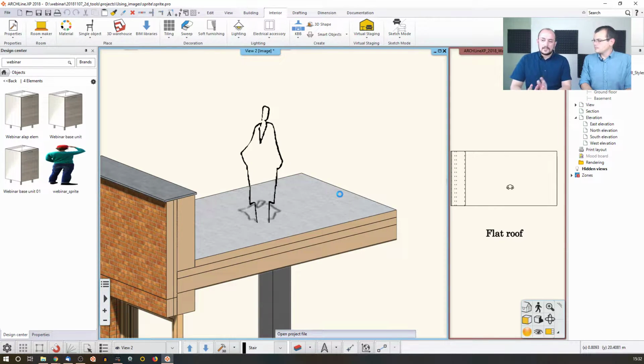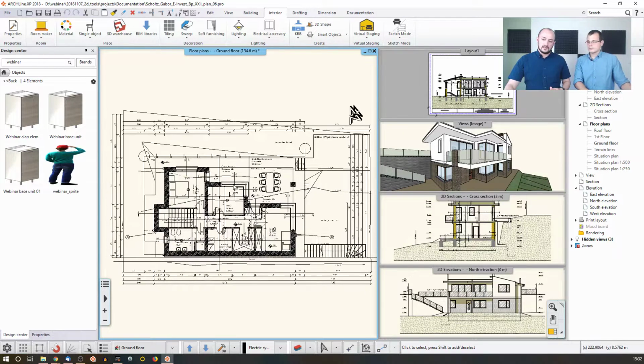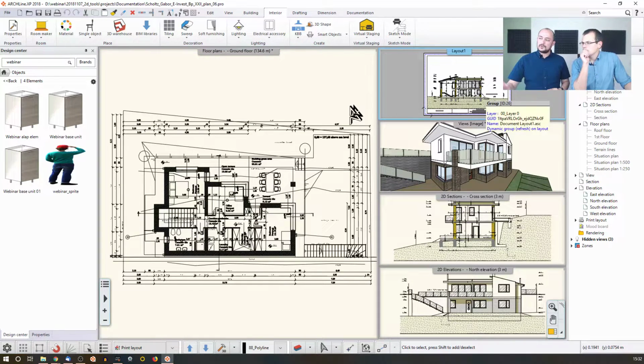So this is the same project, which we got from one of our users, and we are very thankful for that. We use this many times for presentation purposes, and now I would like to show you how you can create a plot layout, what the ways are to create a plot layout, how to organize content of the plot layout, managing the layers of the current drawing, and what's the difference between managing the layers here and managing the layers on the plot layout. So actually, I do have a layout here, but I would like to show you how to prepare